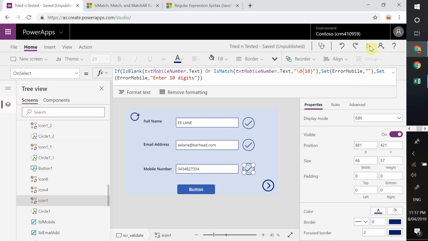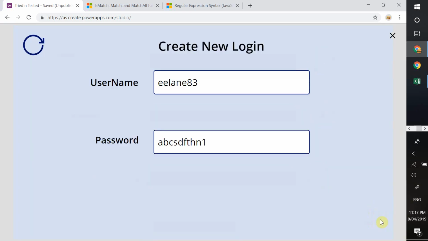So the last one that I want to show is the login. So I think it's pretty common to need to validate the fields when someone creates a login, because besides security reason, secondly, well, you normally have a predefined pattern for logins, right? So let me just refresh this. Yeah, so what I did here was for username,